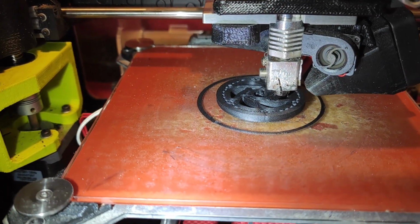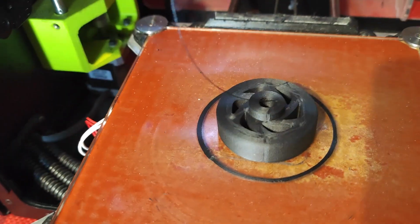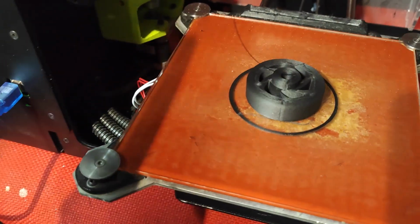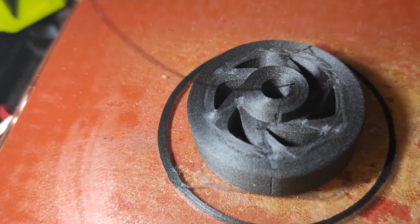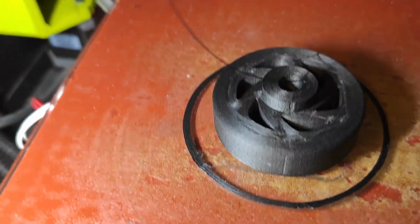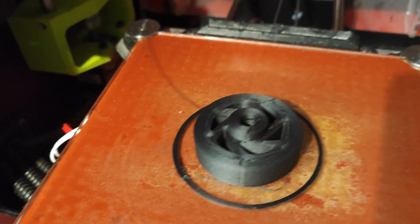Printing is still in progress. I don't really know why it takes so long, but I think this wheel takes 4 hours of print. Maybe I forgot something in the slicer about the quality. You can see the quality is absolutely amazing. I think I cannot remove it with just